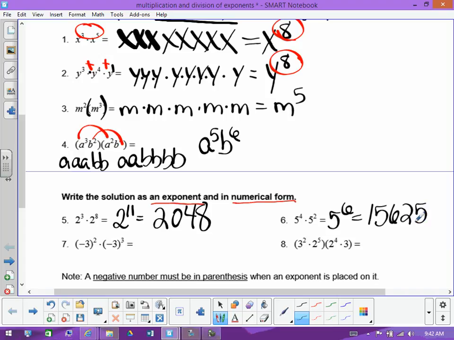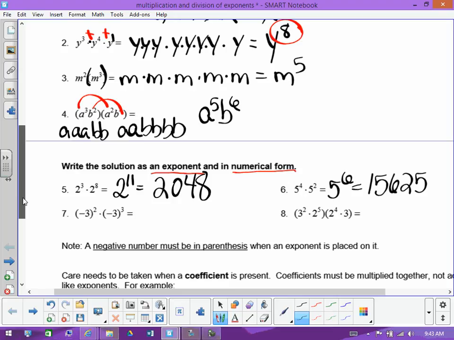Now, number 7. I've said this over and over and over and over. And some people still refuse to listen to me. And it's going to cause you a problem. So it's just going to be -3 to the 5th. If you have a negative number, it must be in parentheses. If we have an odd exponent, we put these together, we get -3 to the 5th power, which is -243. If you have an odd exponent, it's not going to matter in the calculator. So you're going to say it doesn't make any difference. However,